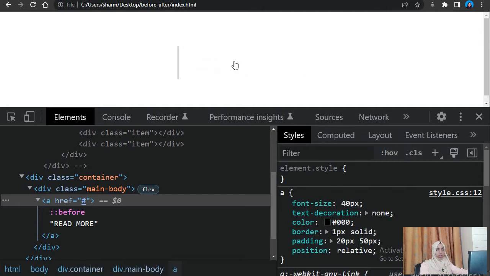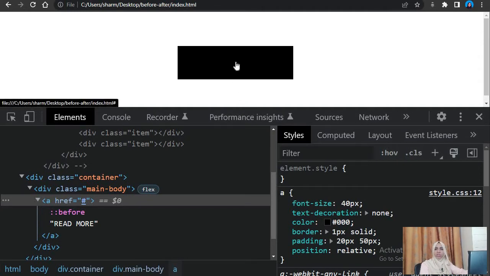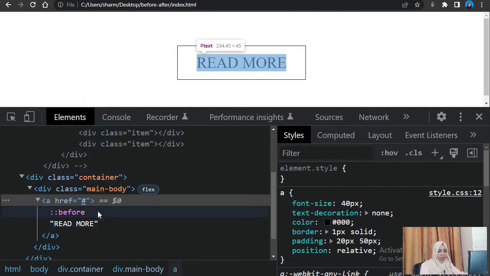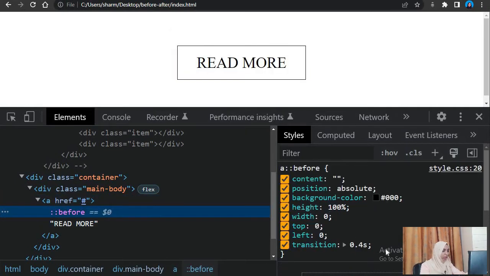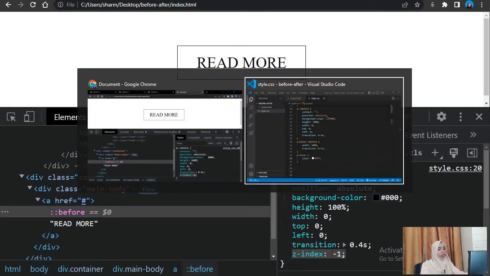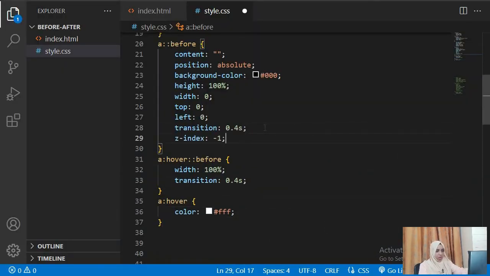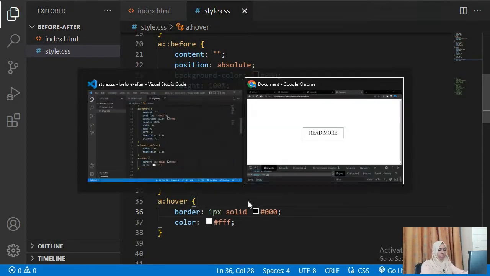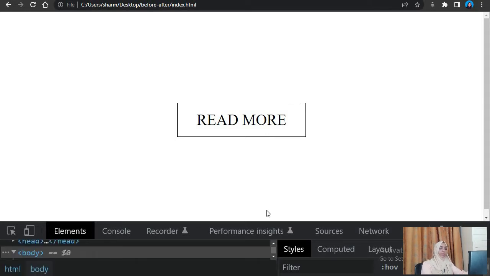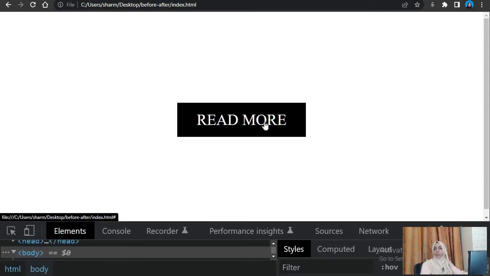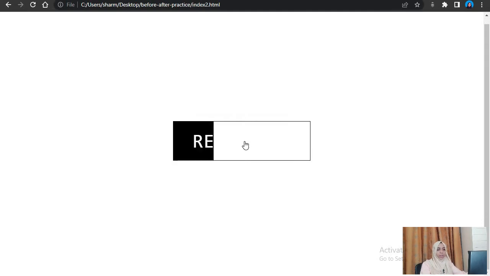Alright, we refresh. And can you see the border also disappears? We can give this before a z index of -1, and here you go, right? Works perfect. The border is still missing, so let's figure that out. So this here. Okay, so let's give the border to this element here on the hover of A, and here we go, right? It works perfect, same as this one, right?